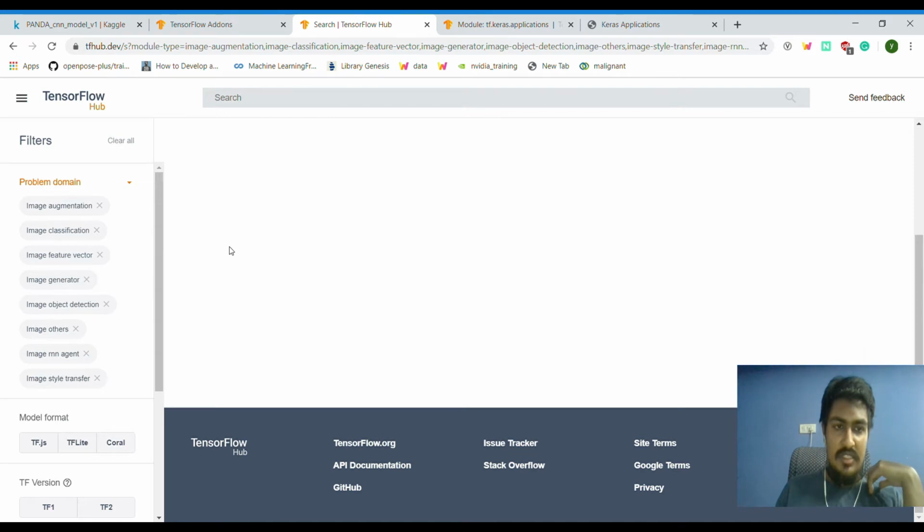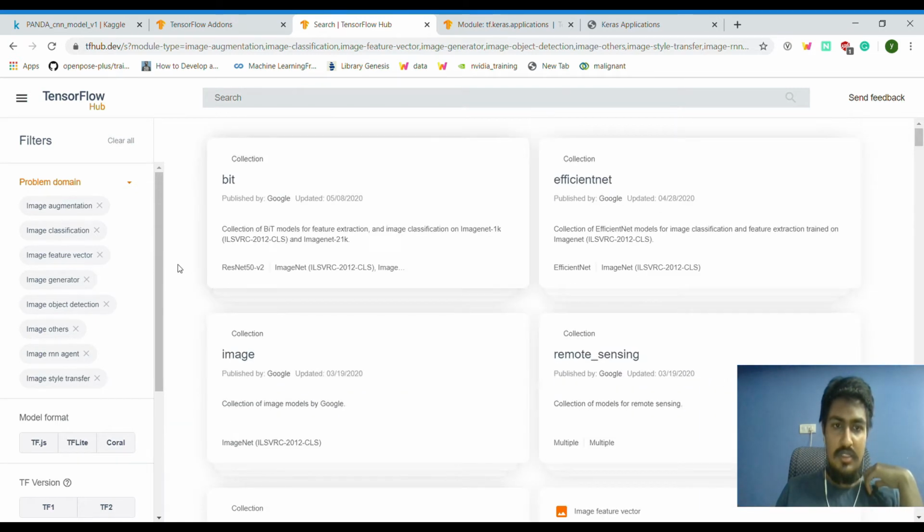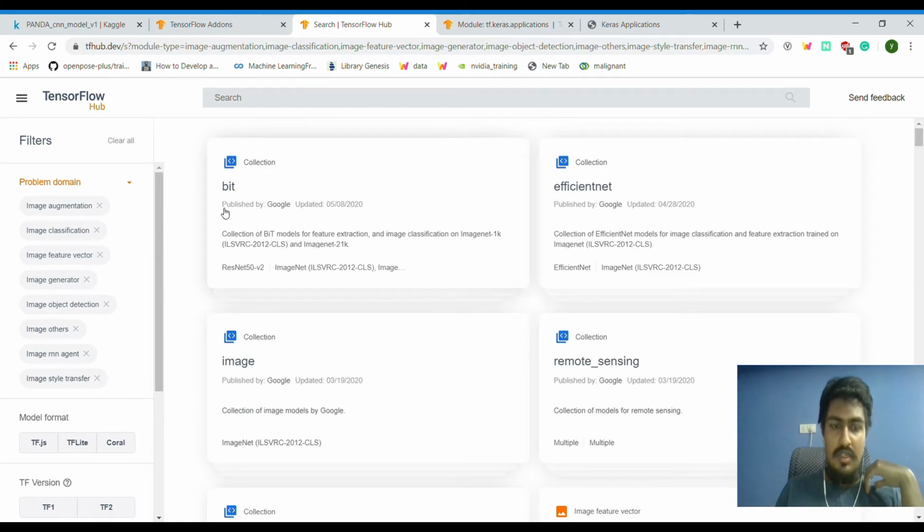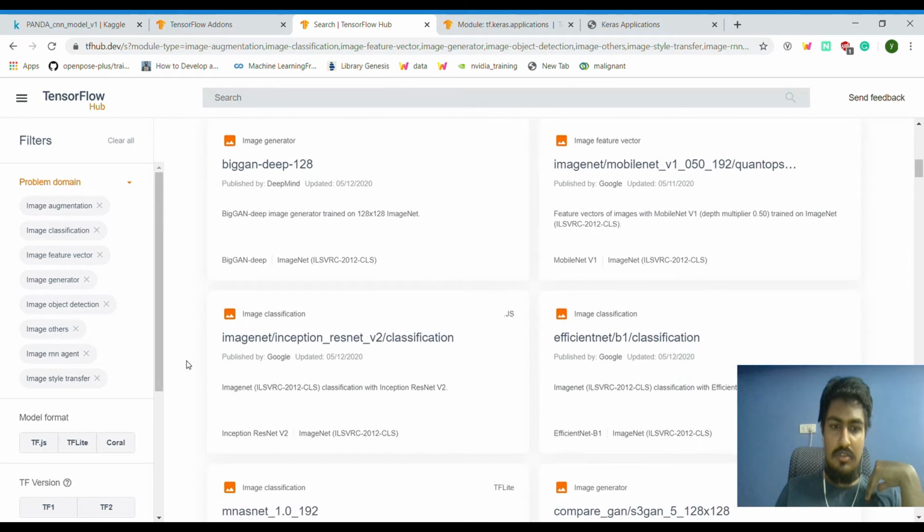Here you can see a long list. BiT is a newer version released by Google, which I'm just experimenting with. I'm also not completely sure how efficient that is. And EfficientNet, you can find a lot of other things also.